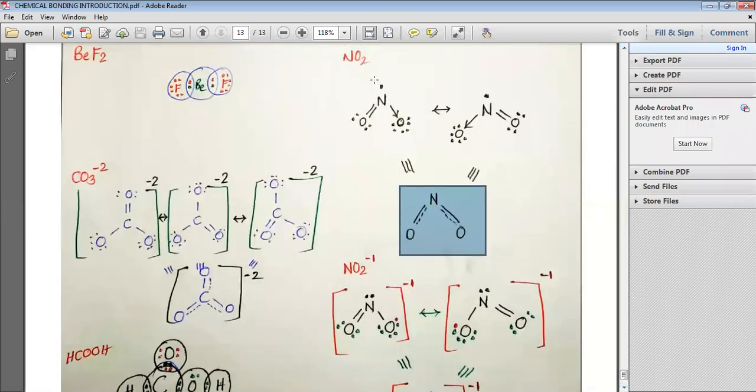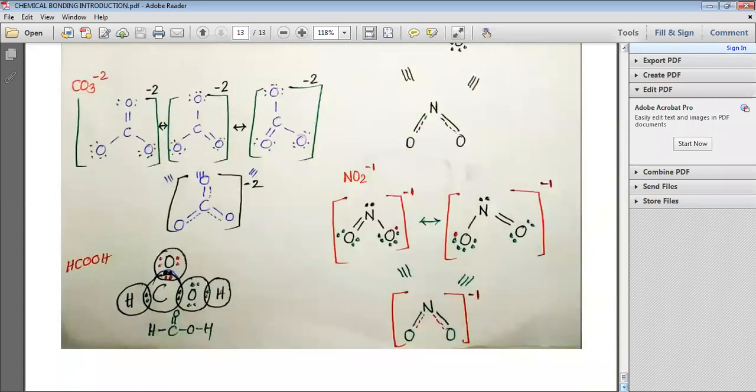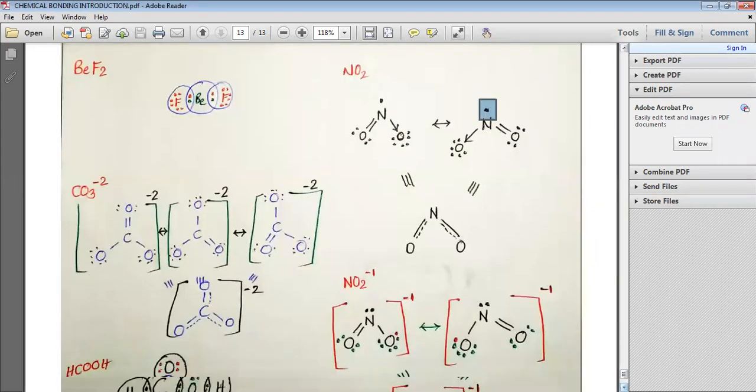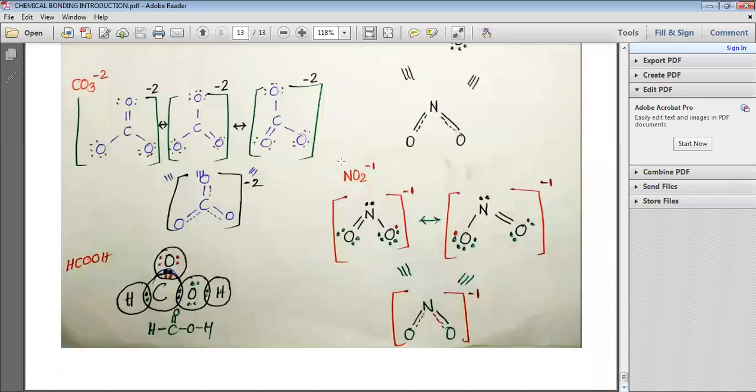But still remember that there is always one electron left on nitrogen, and nitrogen, instead of achieving octet, has got only 7 electrons left with it. And this is how, my dear students, we can understand that NO2 is the example of an odd electron molecule. Now when we move to the next one, we realize that we go for NO2 minus.